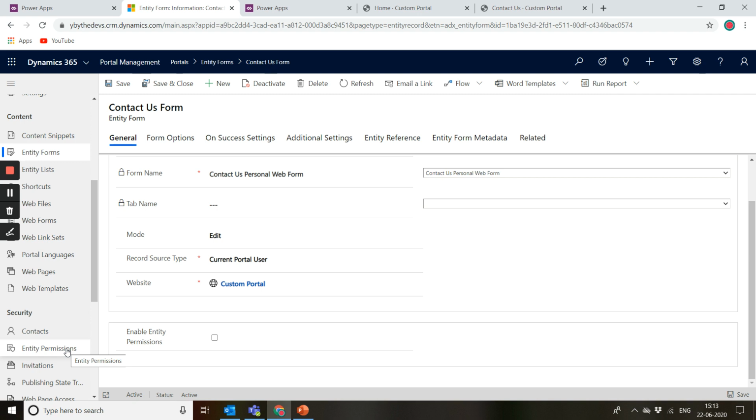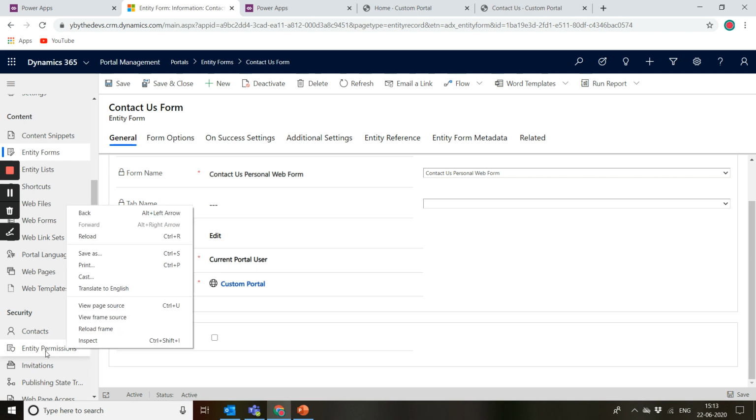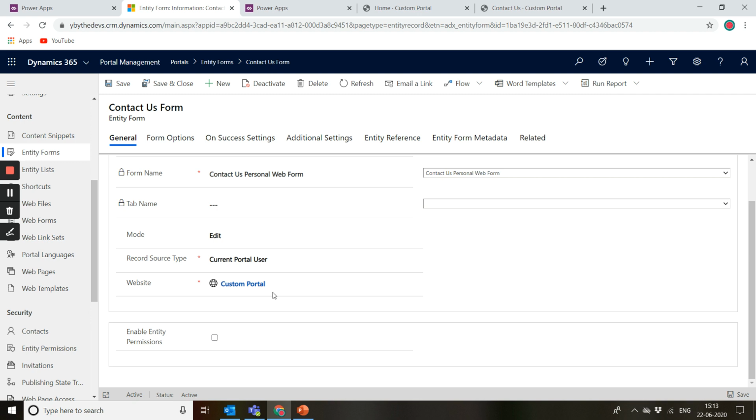In that, I can select any of the individual entities and assign roles to it. So if I enable this, it will inherit all the permissions and be only visible to the selected roles. And if this entity permissions is not checked, it will be visible to anyone without having roles or access to anything. So if you want your data to be visible publicly, you can leave it as is. But if your data is critical and you want to protect it from unauthorized access, then you can enable this setting and set up the entity permissions.